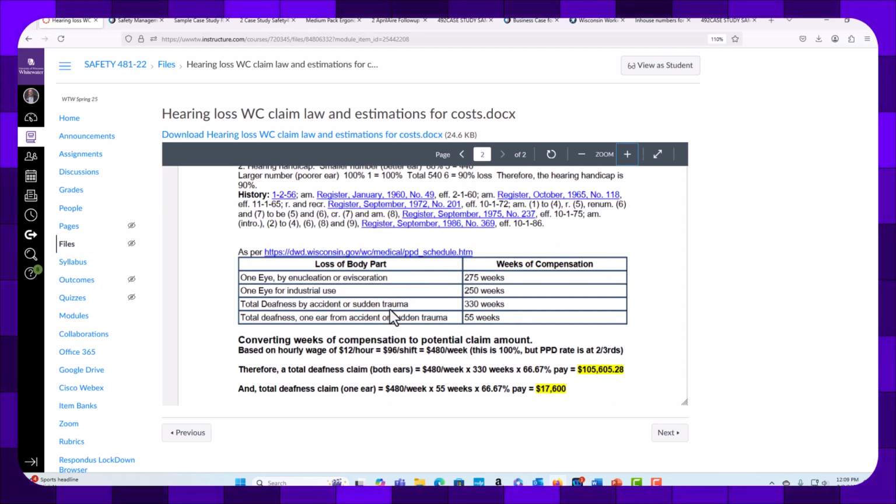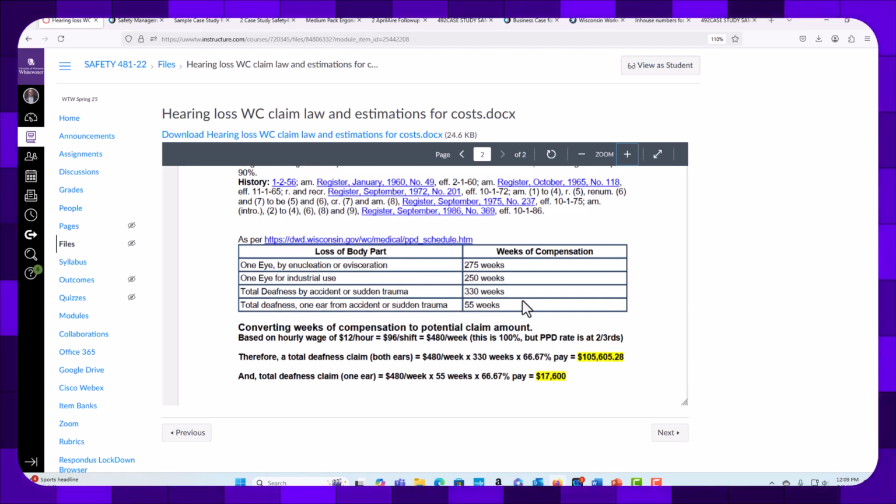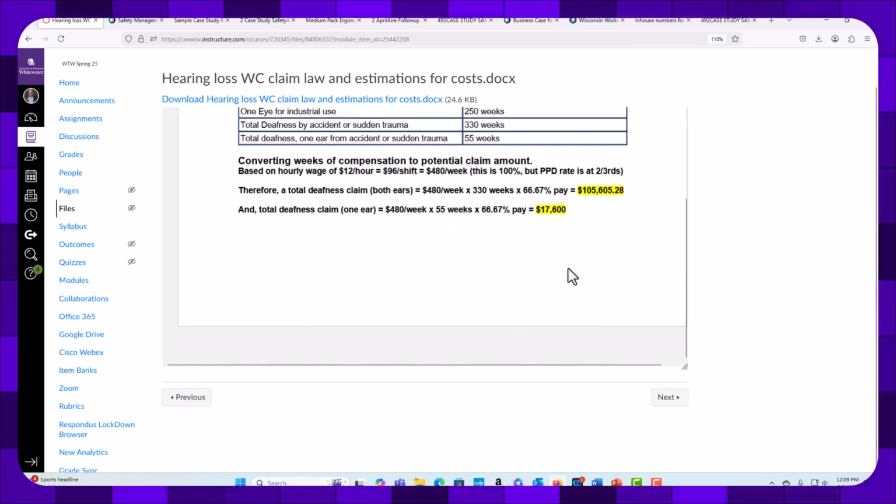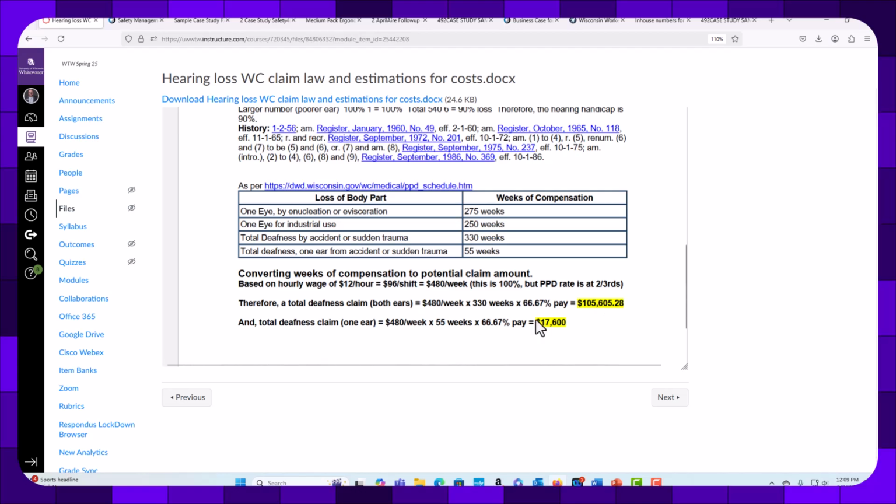So total deafness, they get 330 weeks of compensation based on current salary. Total deafness in just one ear, it's 55. So, would it be just one ear? No, it would be both based on environmental noise. I broke down an example. If they had a worker who's getting $12 an hour, what they'd be getting for a payment, and they could see that. So by showing them this information,